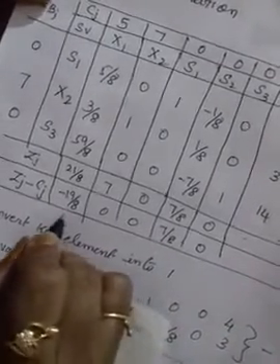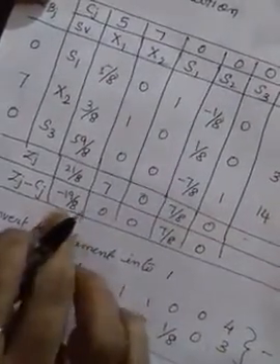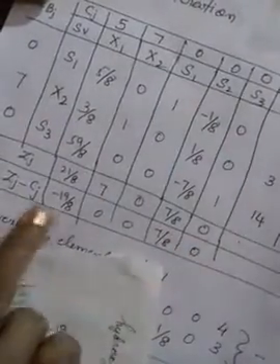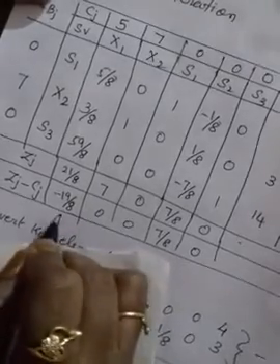Now see, we got a negative value. Again we have to repeat this table. Until we get a positive value, we have to repeat the iterations. Okay, the first iteration, the initial iteration, is over. In the first iteration we got a negative value. So put one arrow here, and the corresponding column you mark it with a pen. Okay, I have marked here.